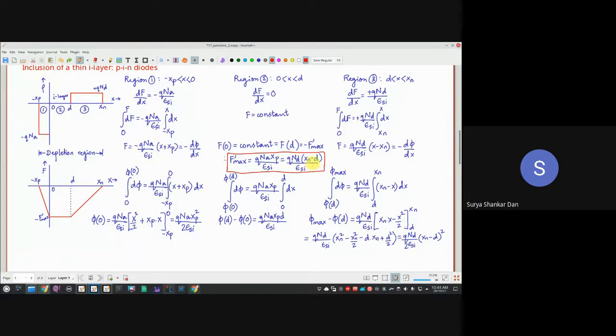Now what is important here, again as usual I have put a minus here, so F max dash. The reason why I'm putting a dash in this case is because later on I'm going to compare the field and the potentials we have calculated for the PIN diode, including this I region, with the original one without that I region, where we will simply remove this dash. Technically I should actually put a dash everywhere. That means these fields are the fields with the I region.